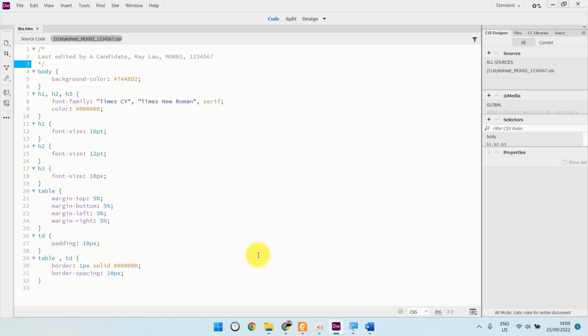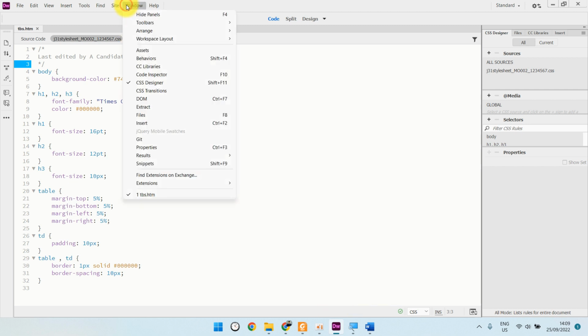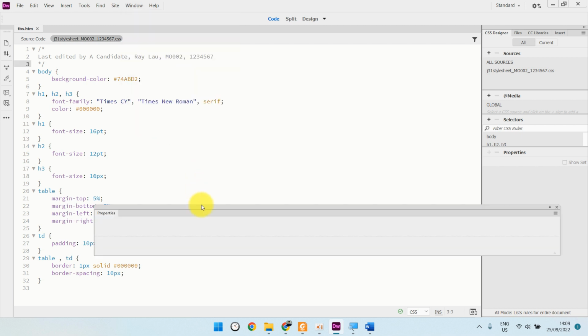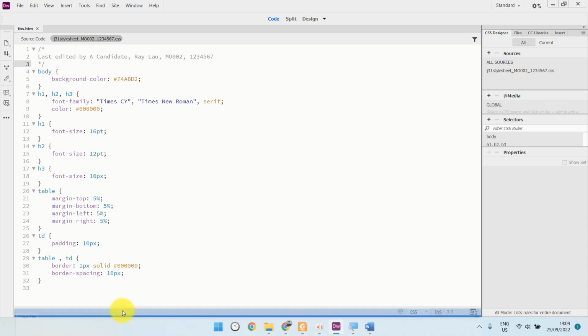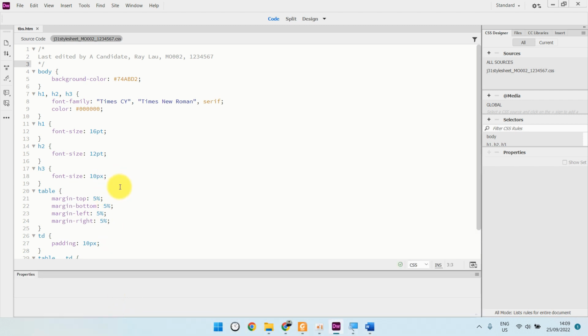But before we do that, how can we display the property window? You go to here, make sure the properties, this one, and then you dock. It means a hold and drag here until release. Okay, you dock here, and then